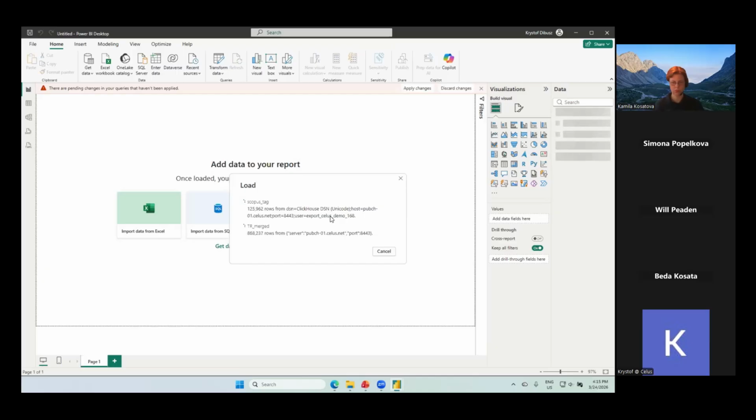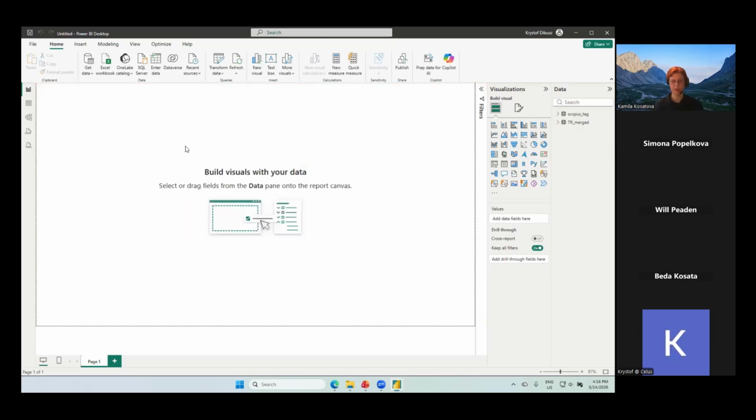So, still running, still loading. I'm glad I reduced the data more than before, and now it's loaded. I have these two queries here independent. As of now, they are not connected, and